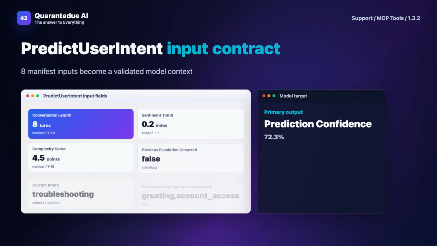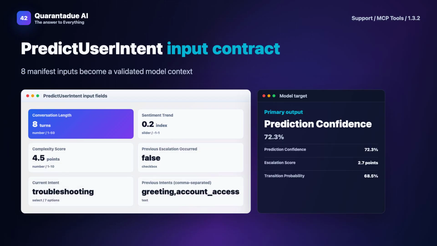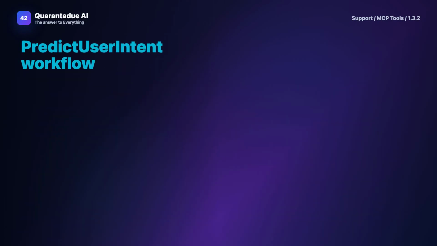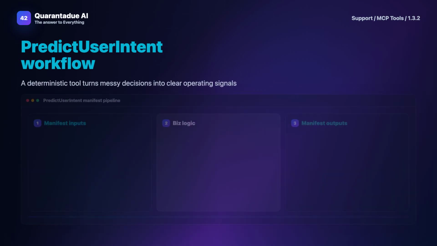The workflow then applies: calculate the probability of intent transition based on the current intent and historical intent sequence, adjusted for industry-specific patterns. Compute a likelihood score for conversation escalation by weighting technical complexity, negative sentiment trend, urgency keyword presence, and previous escalation flag. Determine the confidence in the intent prediction by adjusting the transition probability with conversation length decay